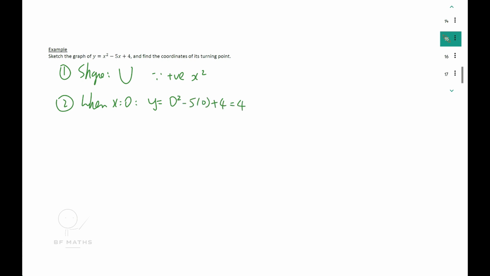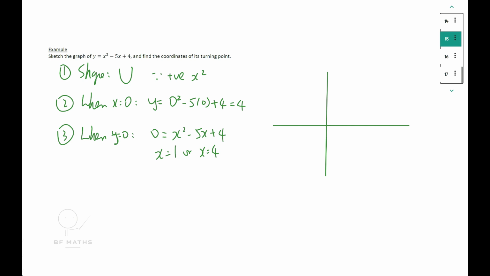So that's a y-intercept. Step 3, we're going to find the roots, so when y equals 0. When y equals 0, 0 equals x squared minus 5x plus 4. Use a calculator or just factorize it yourself. You should get x equals 1 or x equals 4. So these are the roots. Therefore, when I sketch a graph,